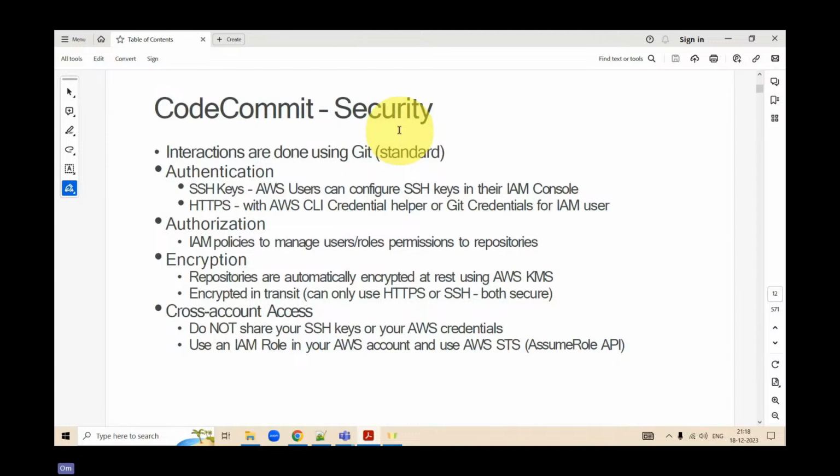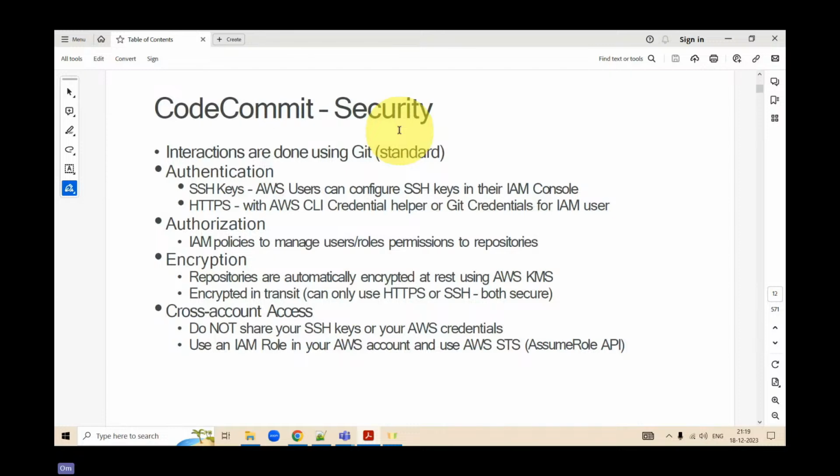Authorization simply means up to what extent you have access. Clear? Are the words authentication and authorization clear to you? Authentication is to check who you are, and authorization is to verify the level of access you have. Exactly. Bingo.